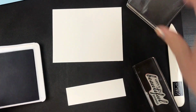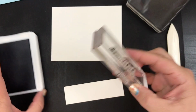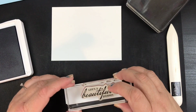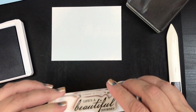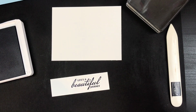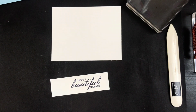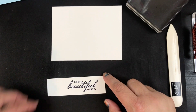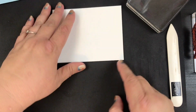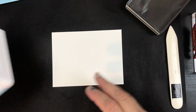So we're just going to ink that up and stamp that. I'm going to stamp it right over here because I am going to want to leave. There we go. It's so dark. That Night of Navy is really dark, and it'll work magic on this card as well. So I'm going to move this off to the side, let that dry, and we're going to work with this guy. So I'm going to take my lightest color, which is Balmy Blue,